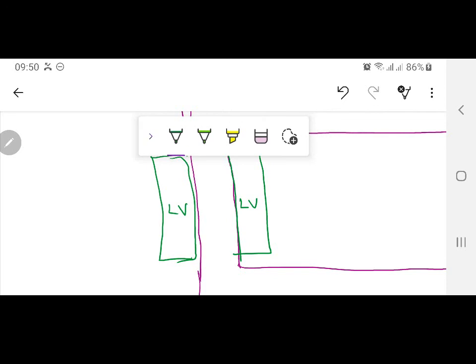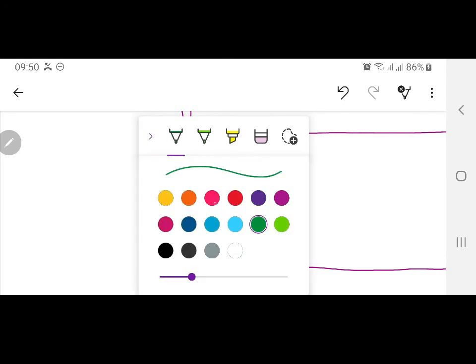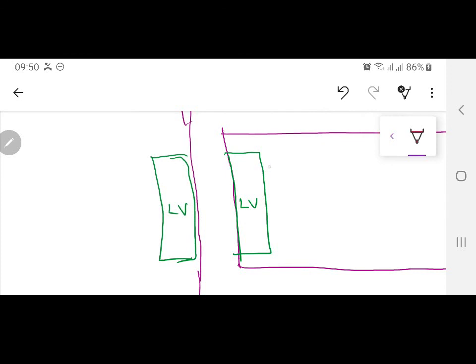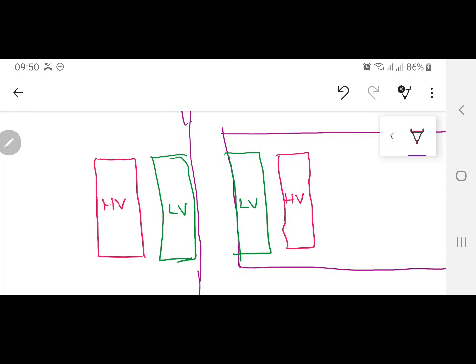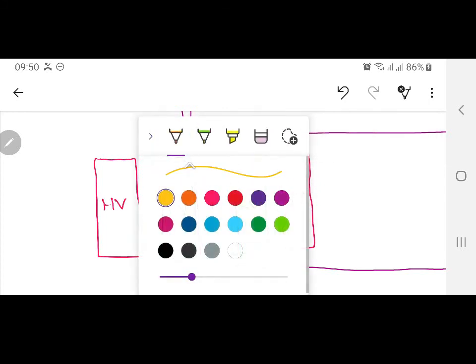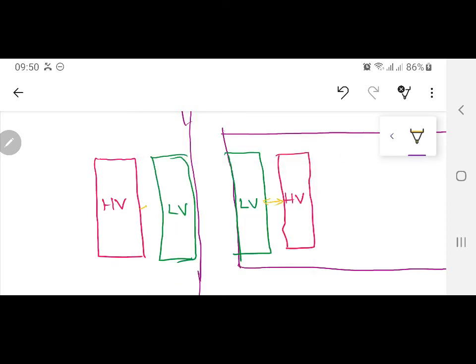Now the other winding, since that is high voltage, I'm using the red color for that one. Now the high voltage winding is not just going to be attached to it, there is going to be some spacing, and if it's a very high voltage then certainly there is going to be some oil duct also, so there is going to be some space over here. So this is my high voltage winding and this is my high voltage winding. This spacing over here is for the oil duct or for the insulation paper that is going to be used between the low voltage and high voltage.